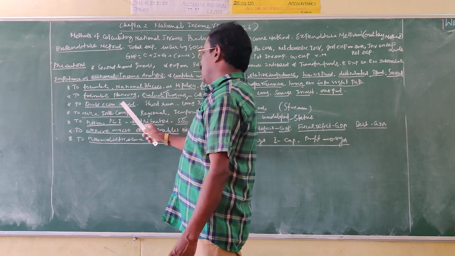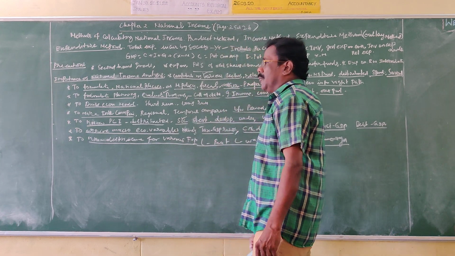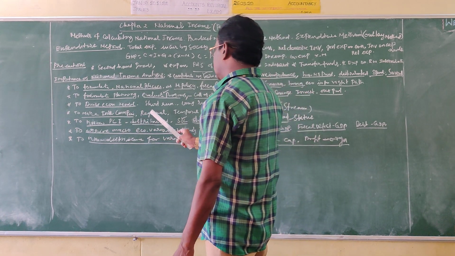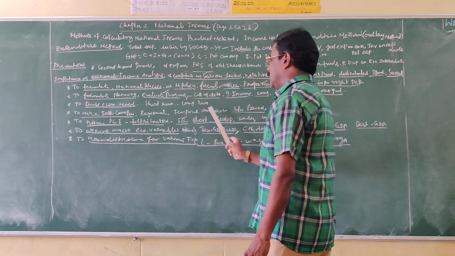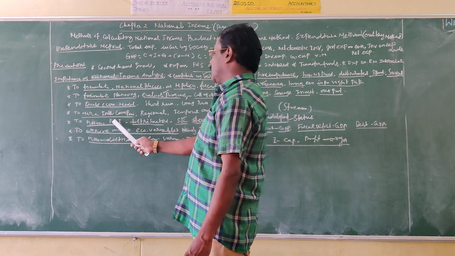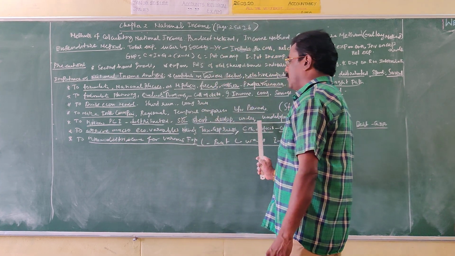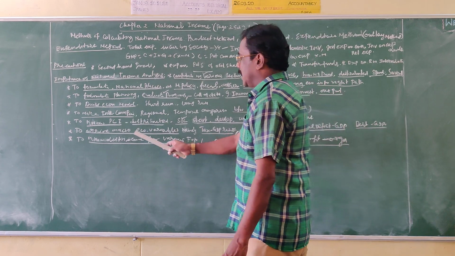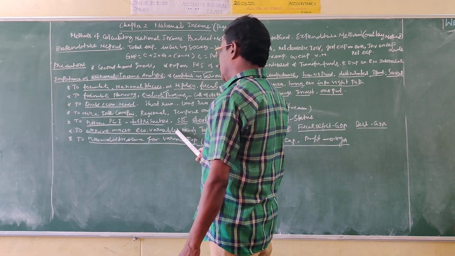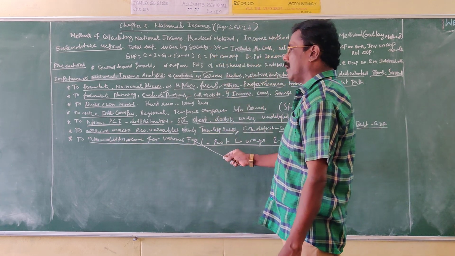Then, to build up the economic model, may be short run and long run. To make the comparison between countries, regional and temporal comparisons. To know the per capita income and to know about the standard of living of the people. To arrive at the macroeconomic variables. And finally, to know the distribution of income for various